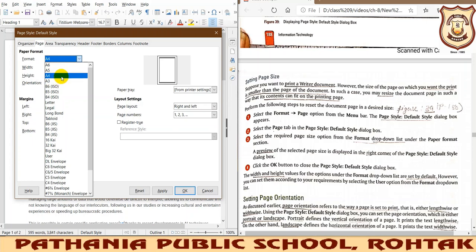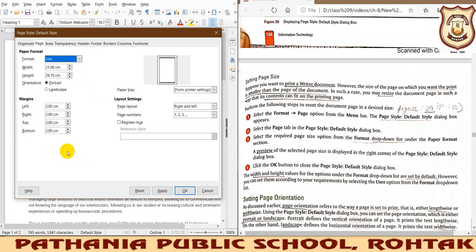And if you want to customize the content and the page according to your convenience, then you need to go to this User option. When you go to this User option, it will allow you to select your own choice of height and width, meaning you can decide yourself what the height and the width will be of the page that you are going to print.